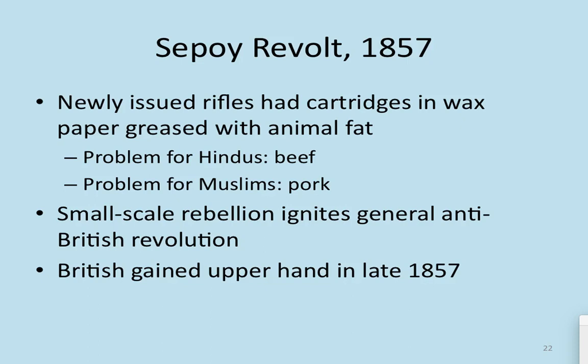Well, guess what the two major religions in India are? Hindus and Muslims. So, they are going to fight back against the British for being disrespectful. So they're going to have a mutiny against the British. Guess who wins? The British. So they have a little bit of a mutiny against the British.